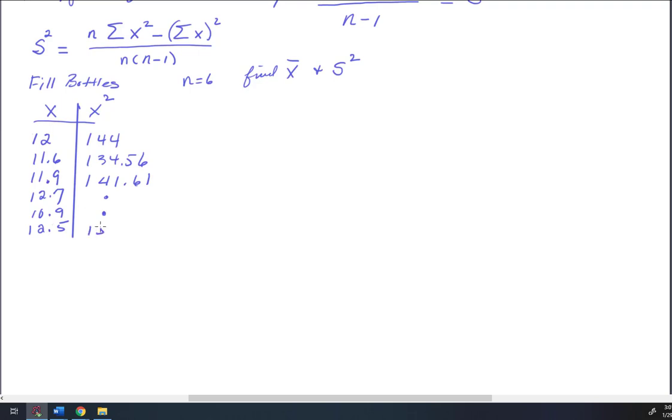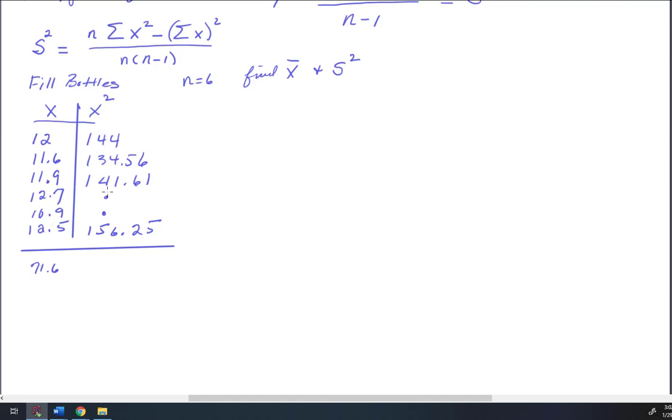And I get, for 12.5 squared, 156.25. Okay. Now, you can get out your calculator at your leisure and verify that I've done this correctly. I added up this column, and when I added up that column, I got